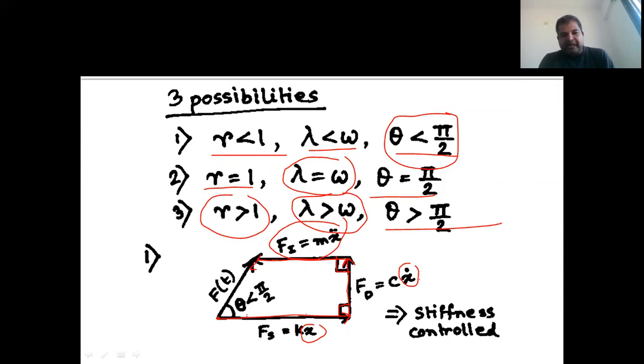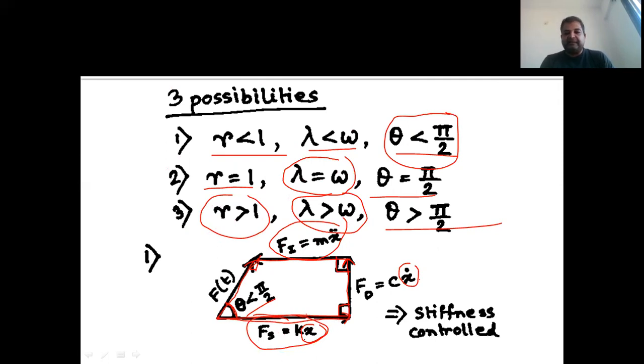So to make theta less than pi by 2, if I join this force polygon with f of t, which is my external force, and to keep this angle less than pi by 2, my Fi should not be more than this. In this condition, what is the governing case? Here, what is the biggest value in this polygon, the most dominant force? Amongst all the forces, you can see my Fs value is the highest one. It has the maximum length, the biggest force.